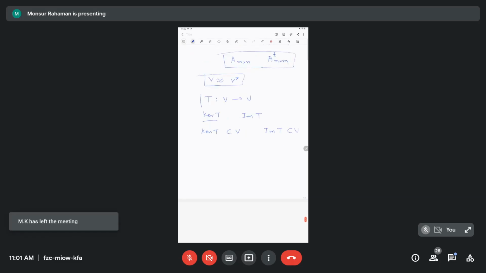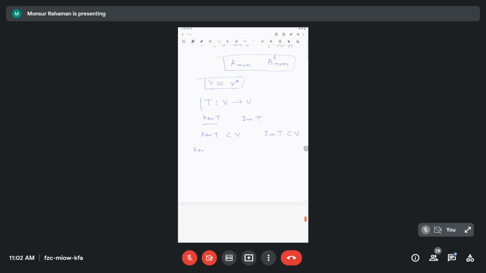And how are they defined? Ker T is all those elements of V such that T of V is equal to the 0 vector of U. Those vectors T is sending to 0, we are collecting them. So this is going to form a vector space, a subspace. So subspace प्रूव करने के लिए दो चीज देखना होता है, एक जीरो वेक्टर होता है उसके अंदर की ना, और